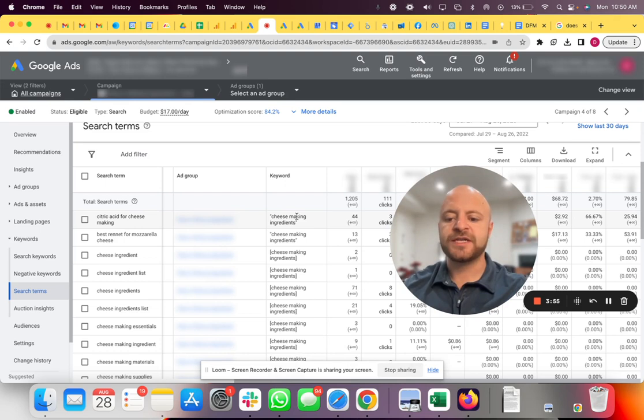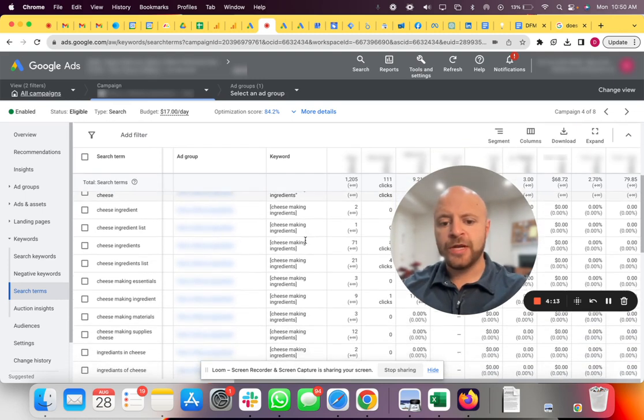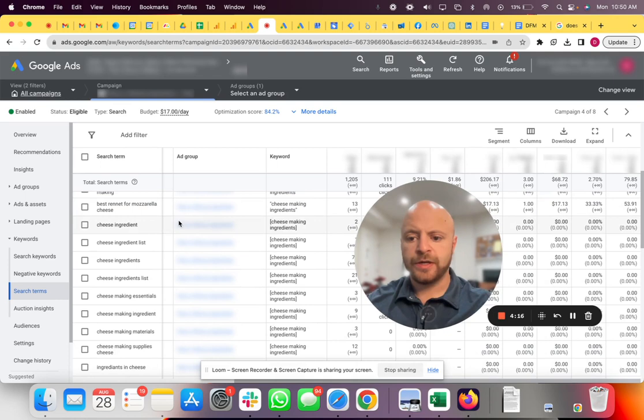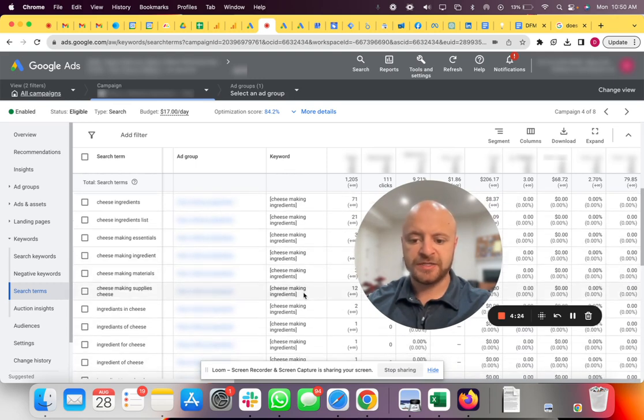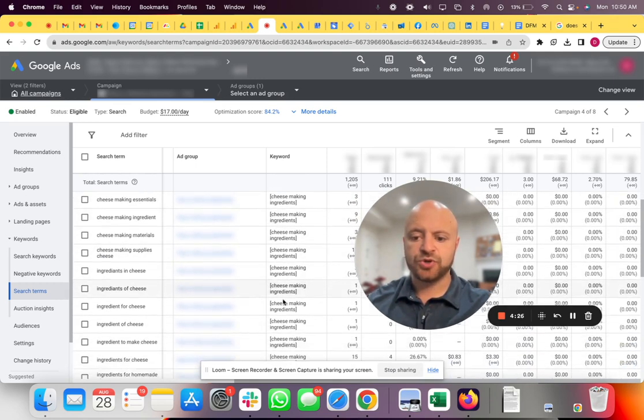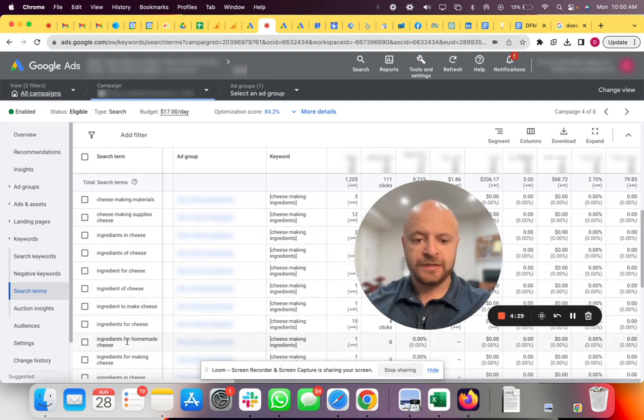One thing to note, this campaign is very isolated, and it's going to show the most relevant searches possible. The next one here, best rennet for mozzarella cheese. That's still related to cheese making ingredients because rennet actually is an ingredient. And then we get to some of the pretty good ones here: cheese ingredient list, cheese making essentials, cheese making ingredient, cheese making materials, cheese making supplies. All of these searches are very, very relevant to this keyword,